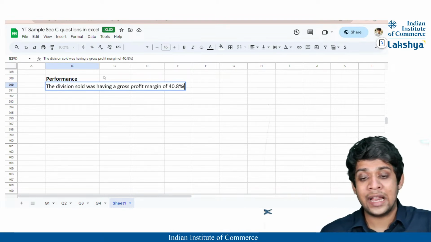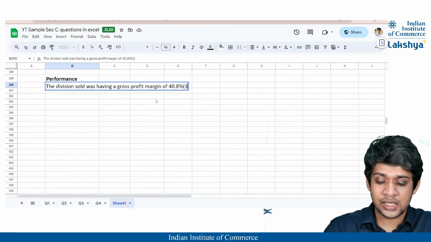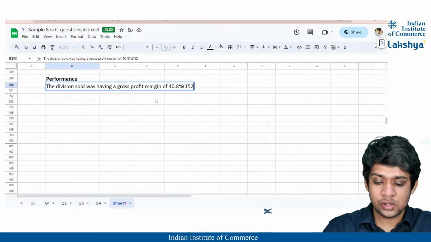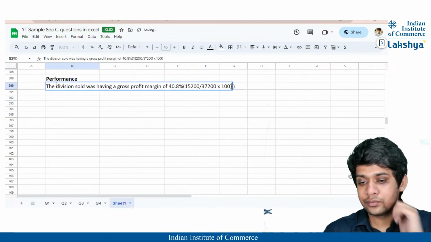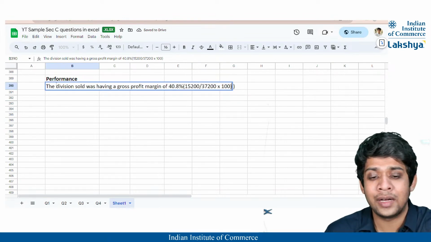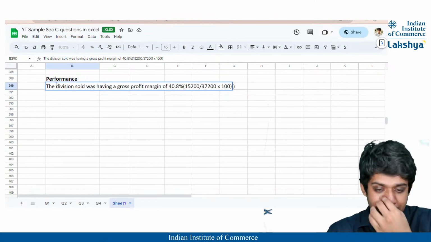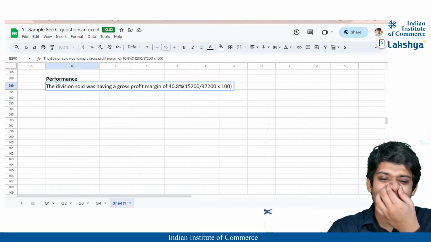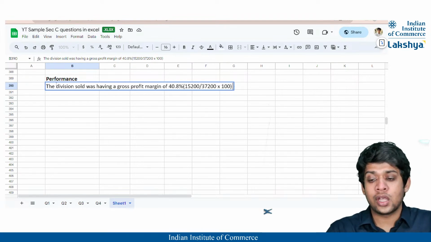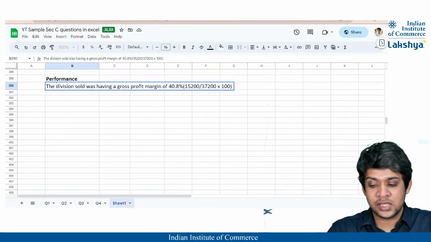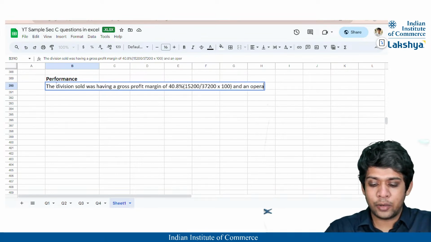I'll state it as 40.8%, and I'll also show the calculation here: 15,200 divided by 37,200 into 100. And also maybe provide the operating profit margin so that you can compare it with the industry average, with the adjusted 2007 and also the 2008 profits. So the division which was sold off was having a gross profit margin of 40.8% and an operating profit margin